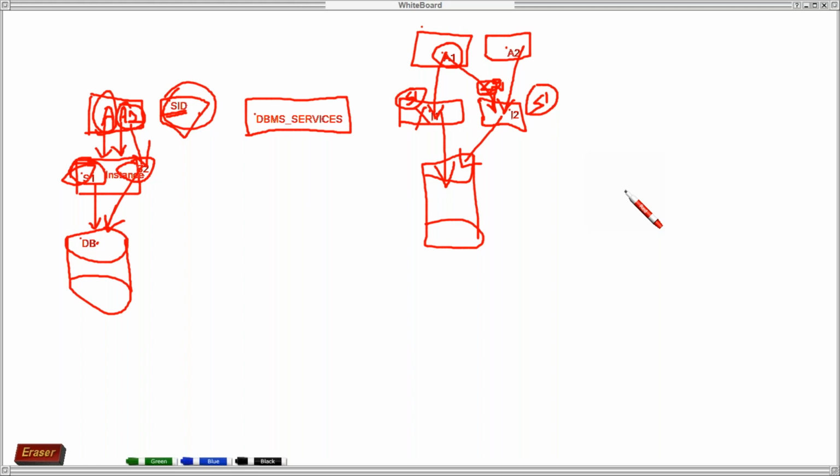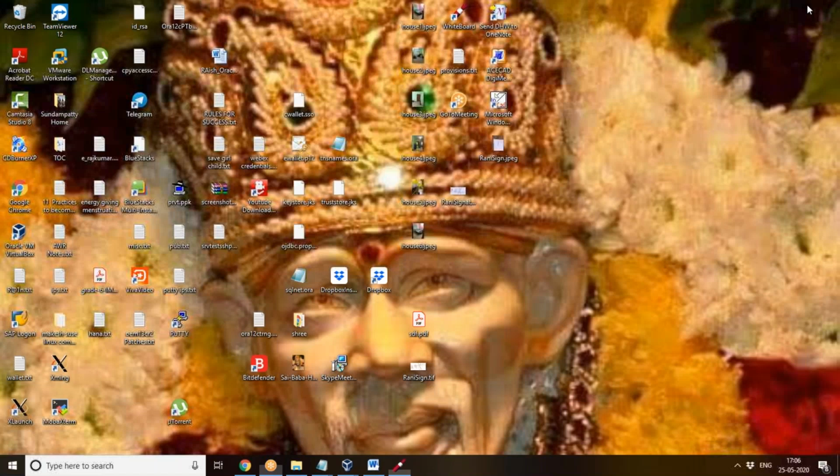So I can enable those trace levels at the service level as well, so that for my future inquiry or investigation I can find out what happened inside. It's very useful for me. Fine. So that is the use of these services in our databases.